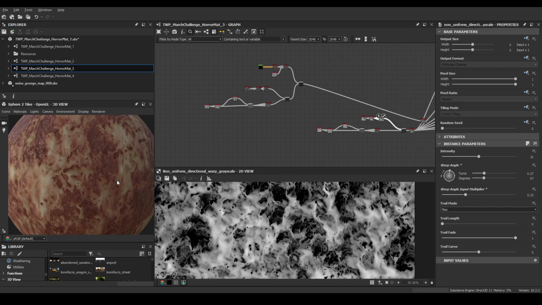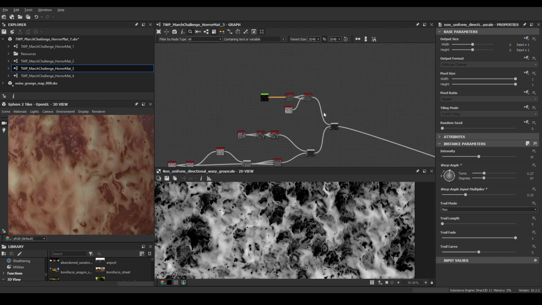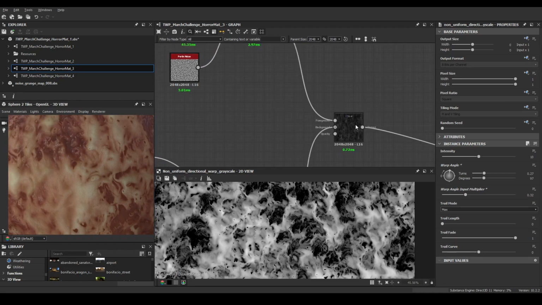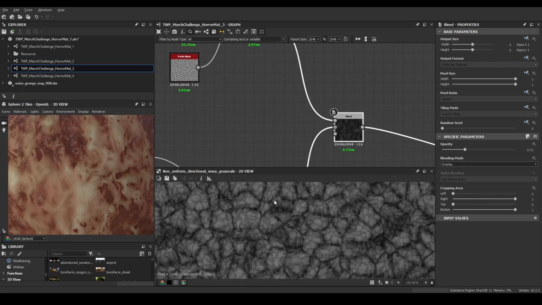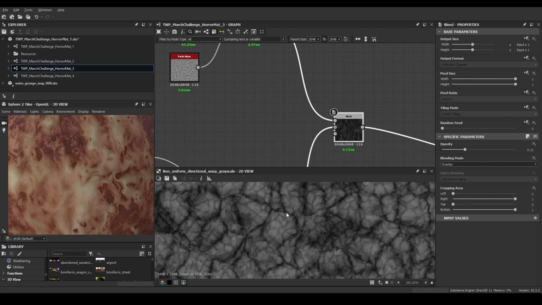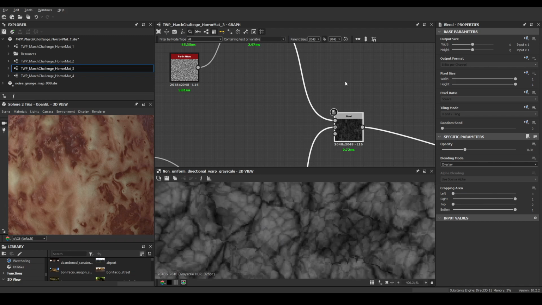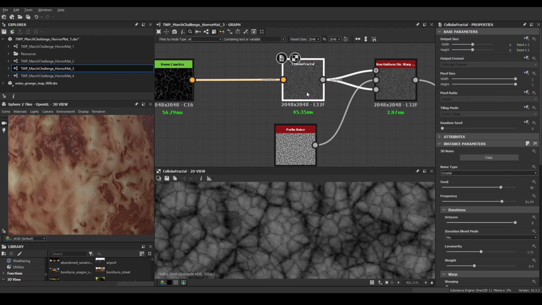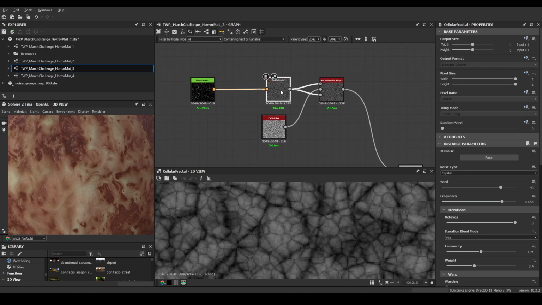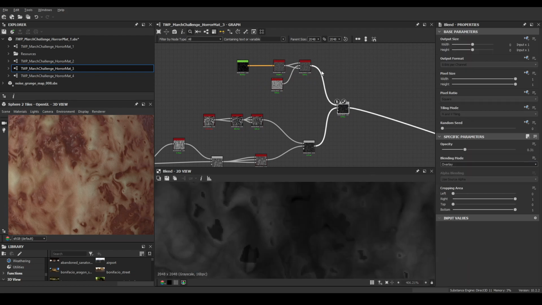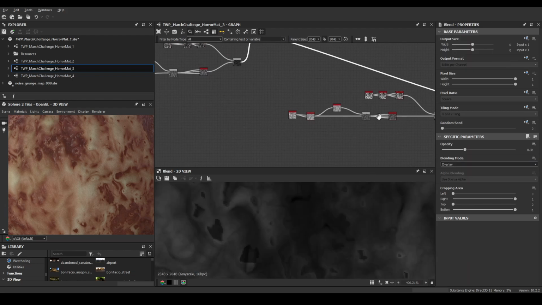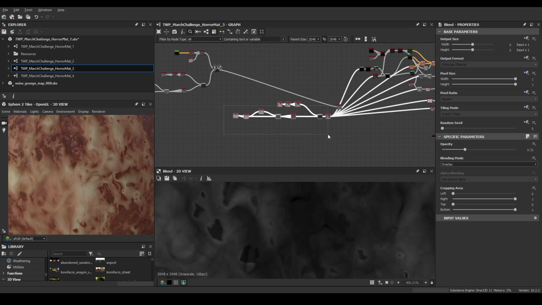There's something else I didn't do, but I'm gonna show you. I added some subtle skin texture with pores that I made with the cellular fractal node, but I think you can make it with the cells node by layering different cells nodes. So I'm just gonna overlay the skin textures over what I have here,